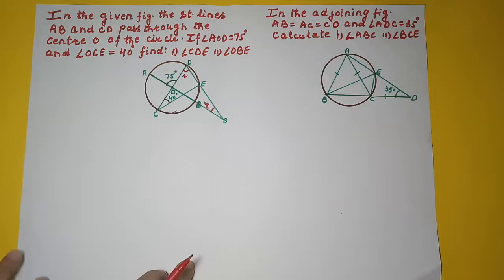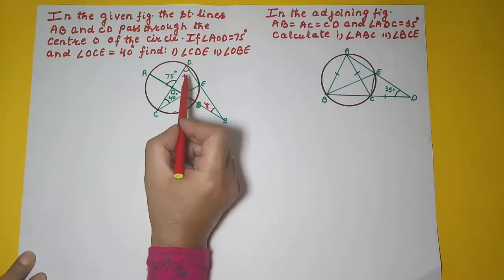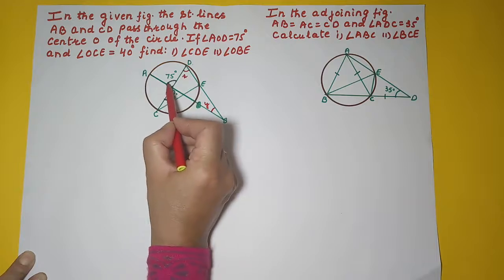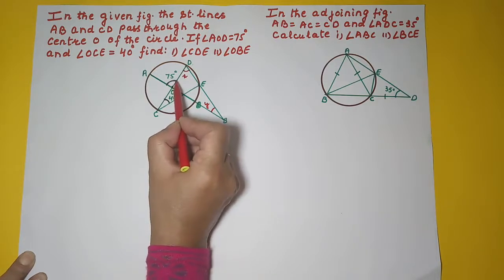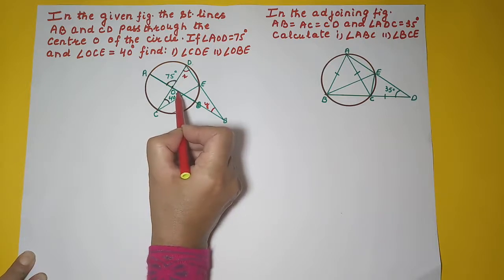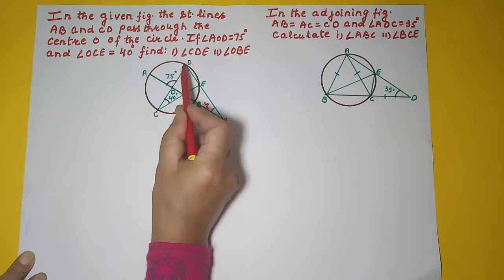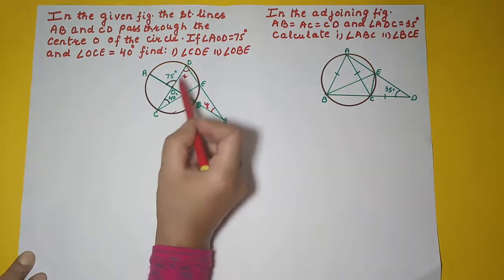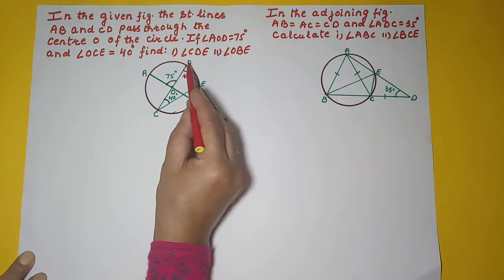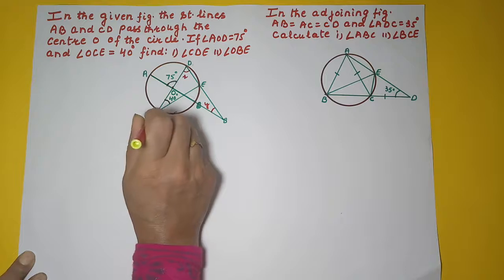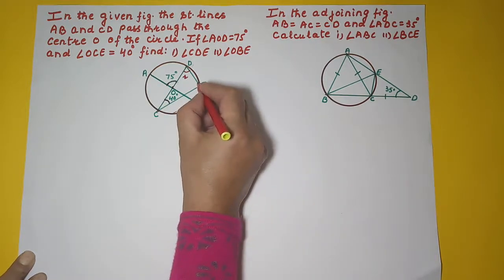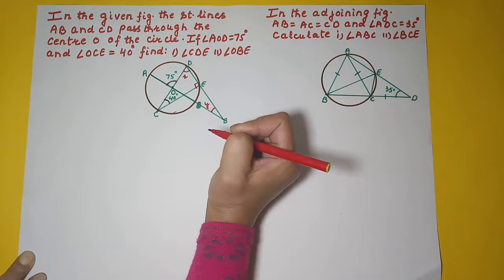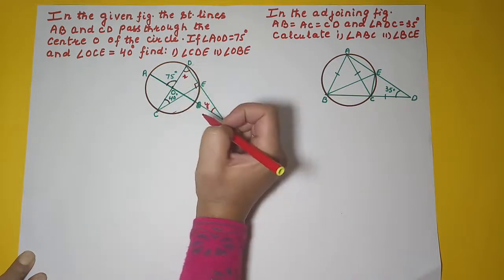Now if we look at this angle, this is 75, so we can calculate this angle. This angle will be 180 minus 75. Will that help us? No, that won't help us. Is there any other way? What else is given? CD is the diameter of the circle. What does that mean? Angle DEC is the angle in the semicircle. So yes, we got this angle as 90 degrees, right? So CED is 90 degrees.